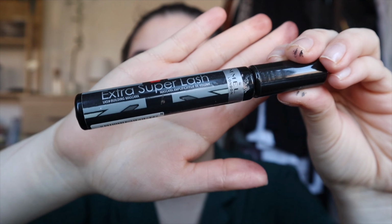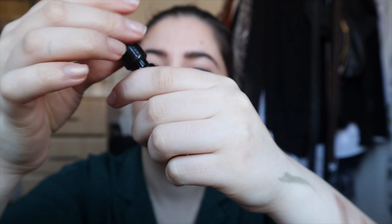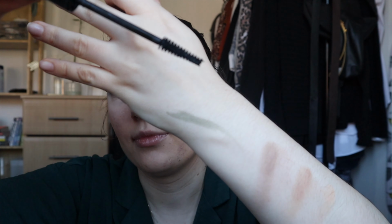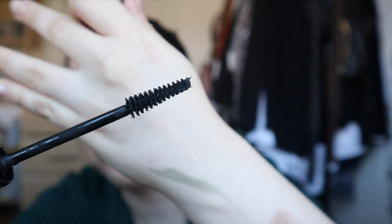I don't feel like doing anything else. Now the last step is applying mascara, and I have this one from Rimmel London Extra Super Lash, and it's got a brush sort of like this. It's a bit dry at the moment, I have to admit, but it's a super nice mascara and it's very